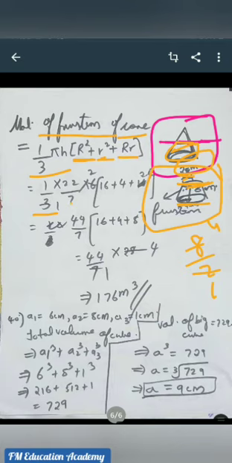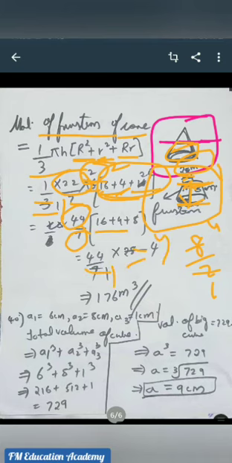7, into the value of h. It is also given that the height of the frustum of the cone is 6 meters, into capital R square, which is 4 square, 16, plus we are substituting small r as 2, so 2 square is 4, plus capital R into small r, 2 into 4. So 3 ones are 3, 3 twos are 6, and 22 twos are 44 by 7 into, if you add 16 plus 4 plus 2 fours are 8, you will get 28. So 7 ones are 7, 7 fours are 28. So we got the volume of the frustum of the cone as 176 meter cube. That should be option 4.